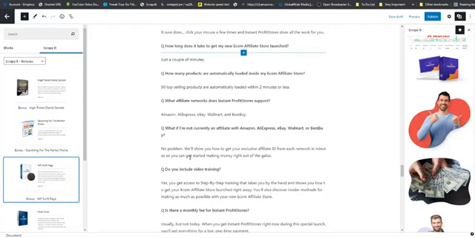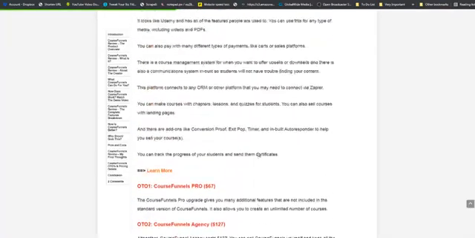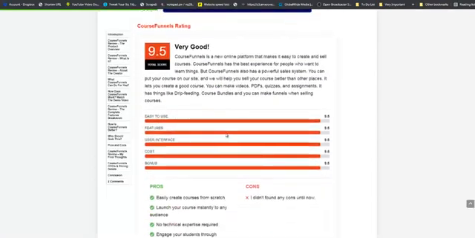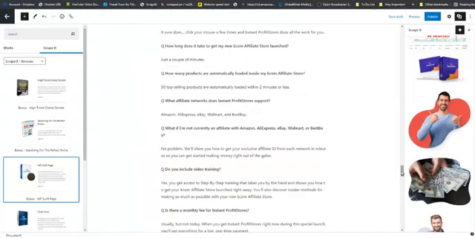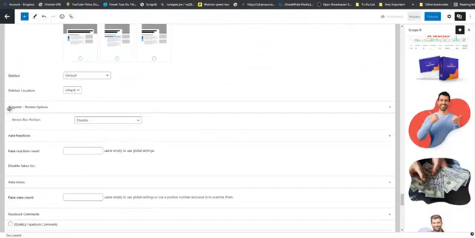And the final thing we are going to do before we set our feature image is we are going to go and set up our product rating. If you remember, the guy had a product rating section on his site. Let me see if I can find it quickly here, right here. So scrolling right down to the bottom of the page, you are going to see tagging review options right here,